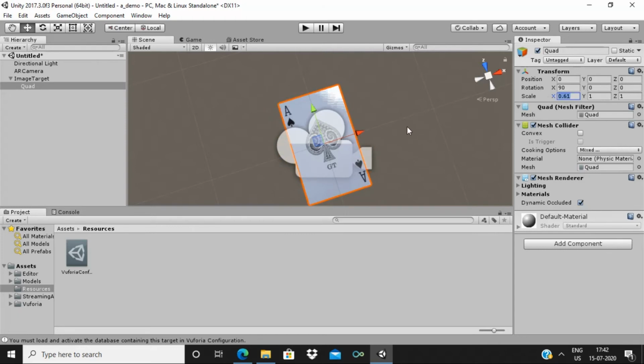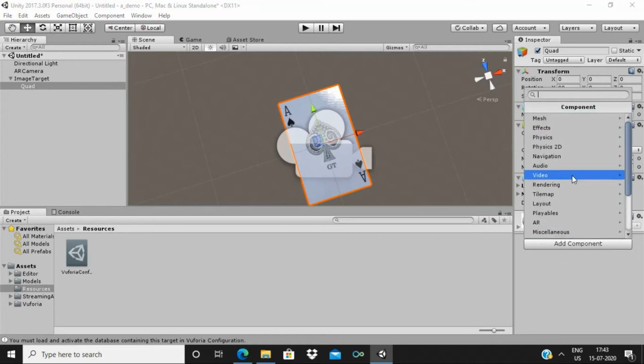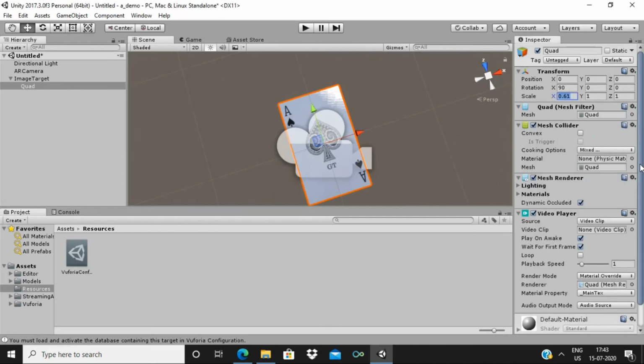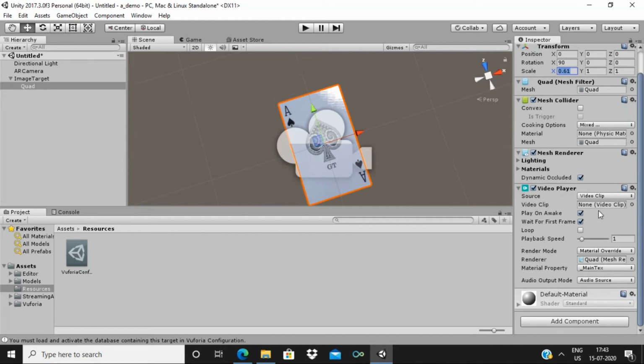Okay, perfect. Now for this quad we need to add something, that is our video. So go to add component and then go to video player. Yeah, so we need to get our video clip into this assets box here.